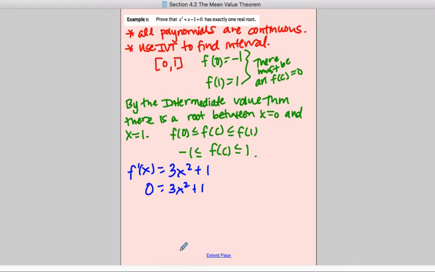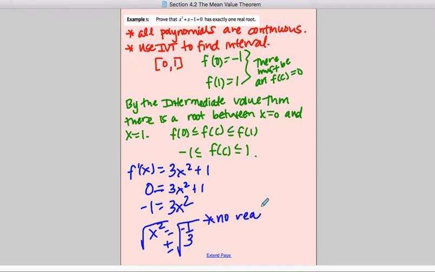We're looking for basically absolute maxes or mins, or not even absolute. We're just looking for maxes and mins. Could be relative. Okay, so I'm going to subtract 1, divide by 3. So I have x squared equals -1/3. And if I take the square root, I have a negative. So what this tells me is that there's a positive, negative, two imaginary solutions, but in this case, there are no real solutions,